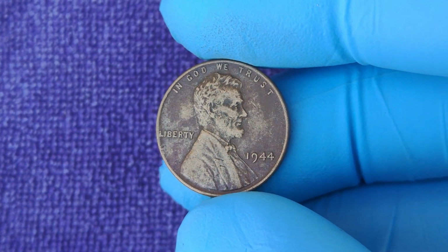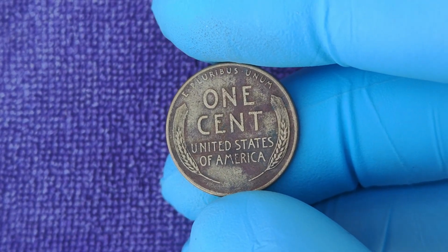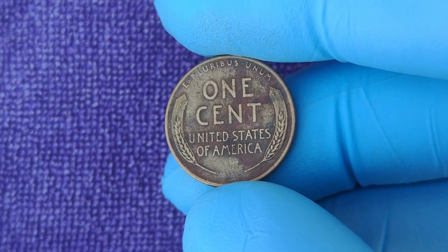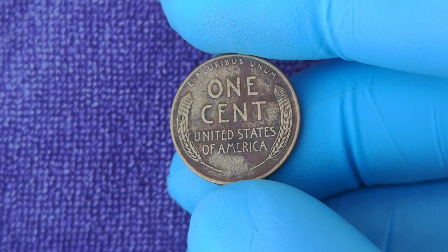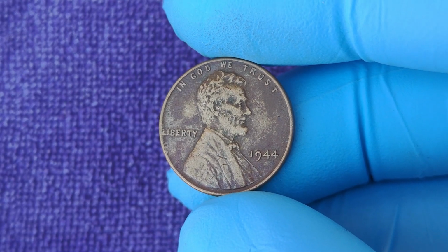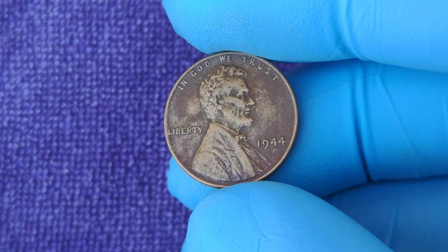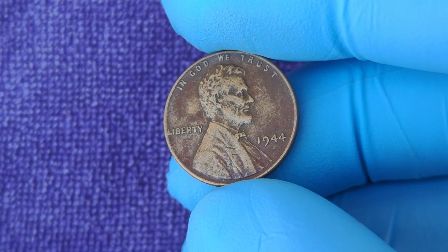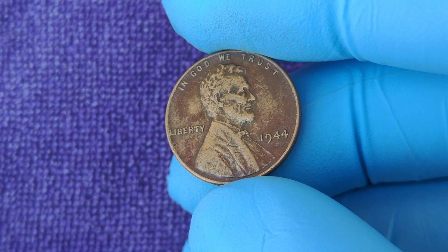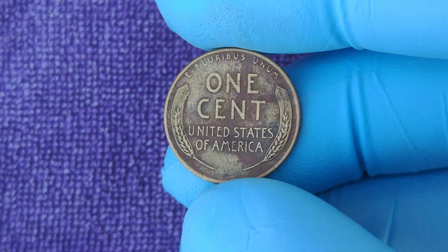Many people still search through old jars of coins, inherited collections, and bank rolls hoping to find a hidden gem. While most 1944 pennies are common, the possibility of discovering an exceptional example keeps the excitement alive. The coin market has shown that when rarity meets condition and demand, prices can soar beyond expectations. A 1944 no-mint mark wheat penny in extraordinary mint state condition, with blazing red color, once sold at auction for an incredible